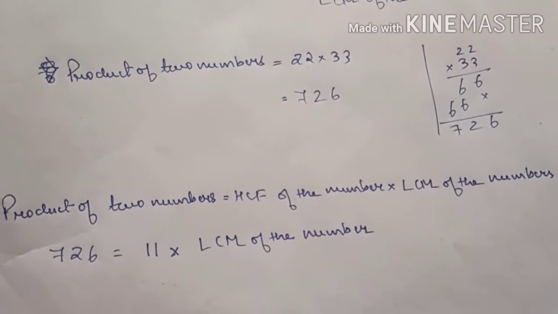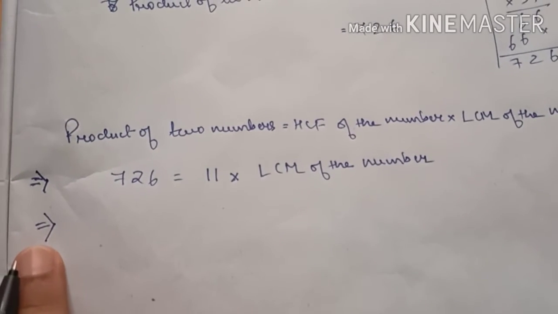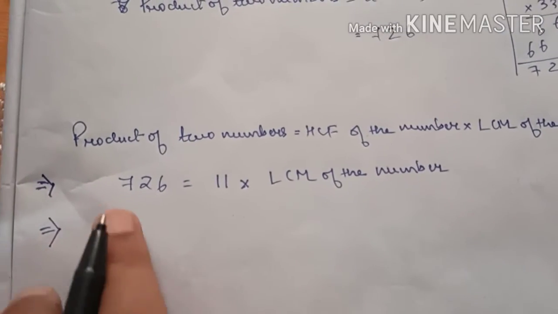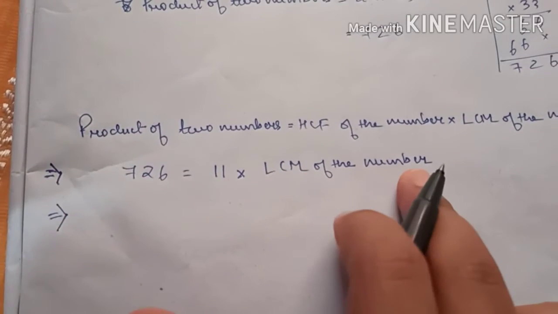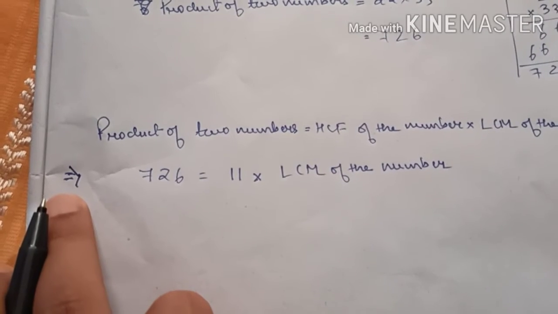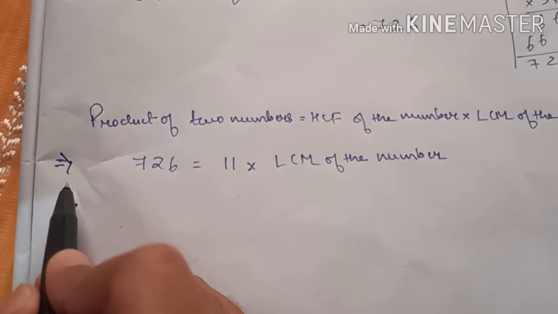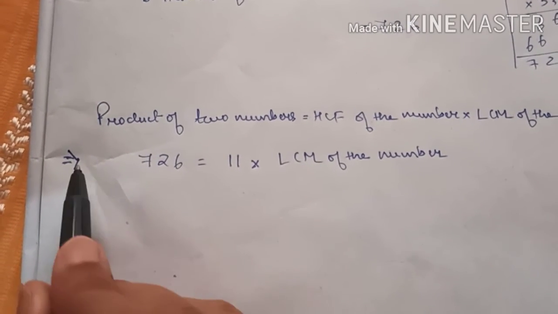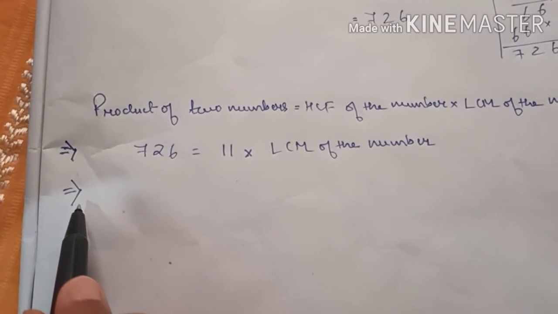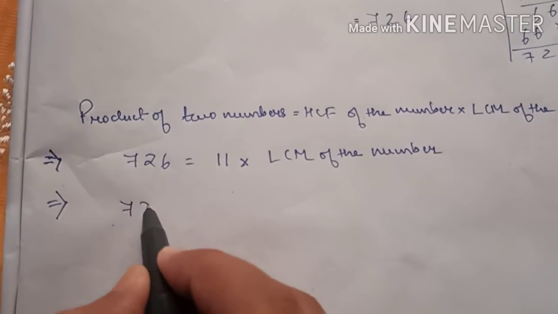Again we will put the same symbol here, okay? The name of this symbol is implies. So why do we put this symbol here? Because in this type of line, if there are two equals, we have to put this arrow sign after the equal. Because two equals will come here, that is why we have to put another equal with an arrow mark, okay? Now see, we will write this 726 here.